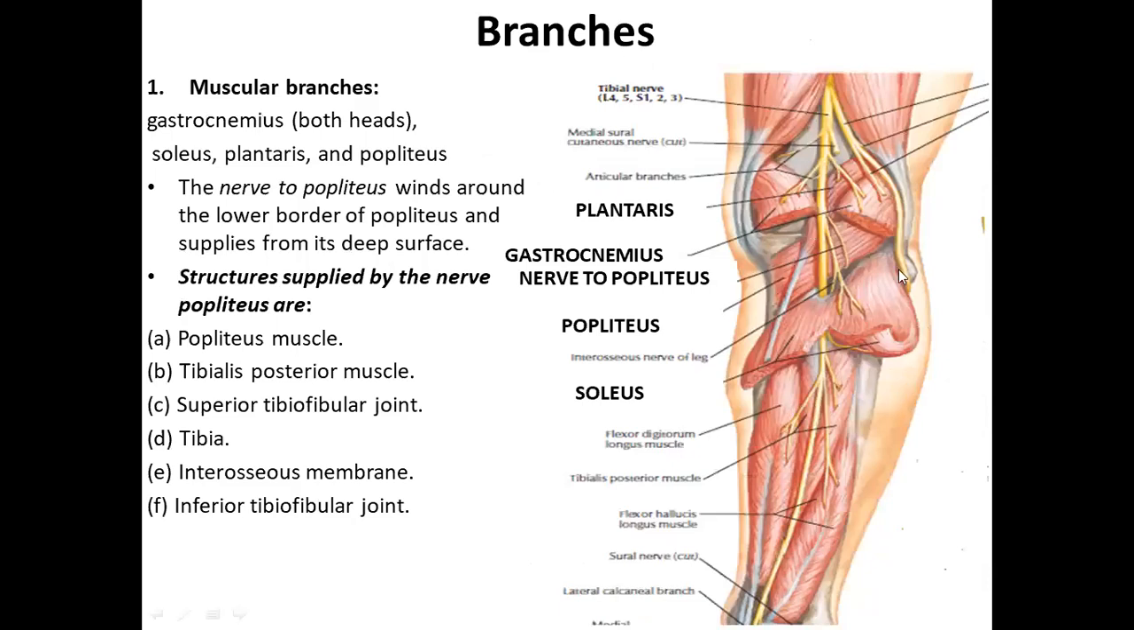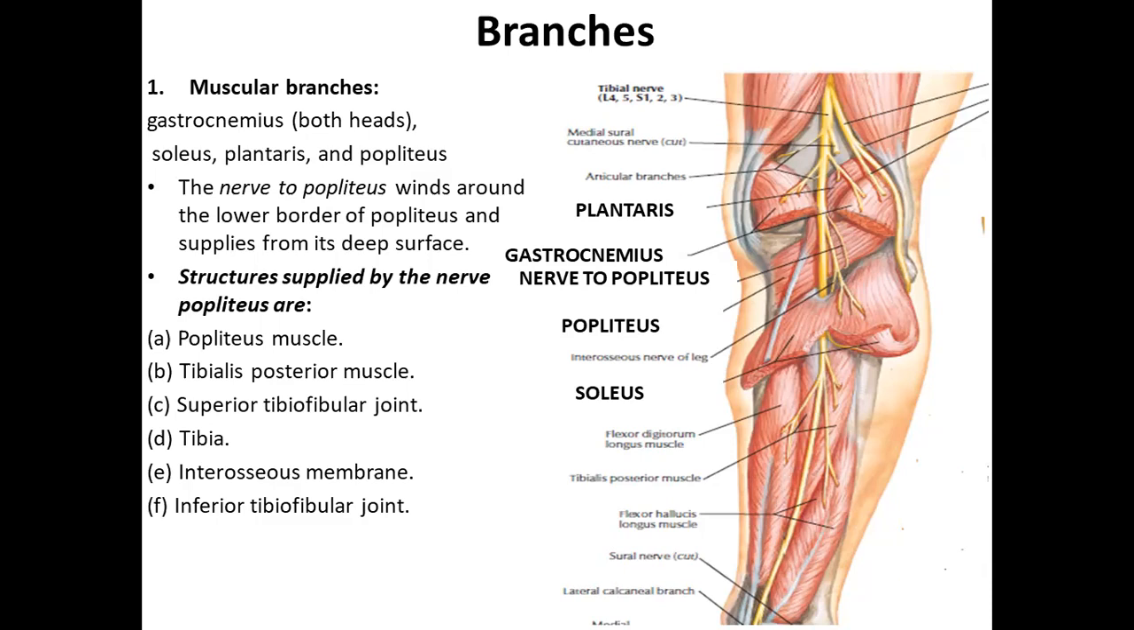Coming to the branches. The branches of the tibial nerve can be divided into muscular branches, then some genicular branches, the cutaneous branches, and the vascular branches. Now, the muscular branches supply the muscles of the leg, which are both heads of gastrocnemius, the soleus, the plantaris, and the popliteus. So these four muscles: the triceps surae, with the medial and lateral heads of gastrocnemius, the soleus, the popliteus, and the plantaris. Okay? Now, an important viva question which has to be remembered is this one, that the nerve to the